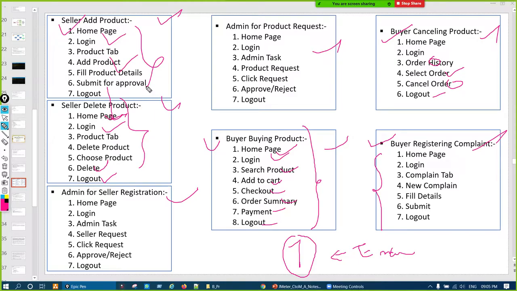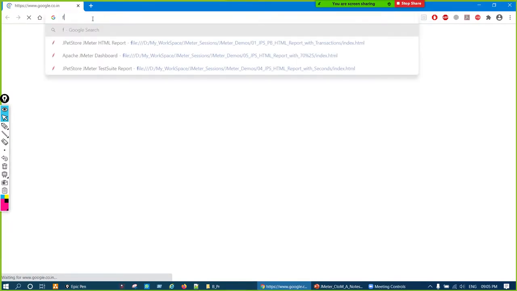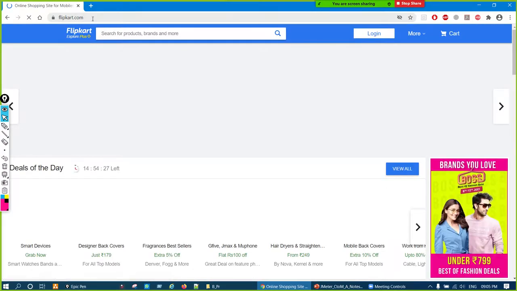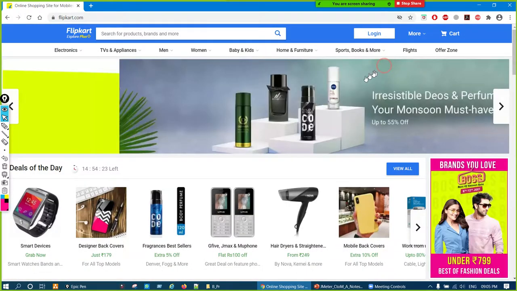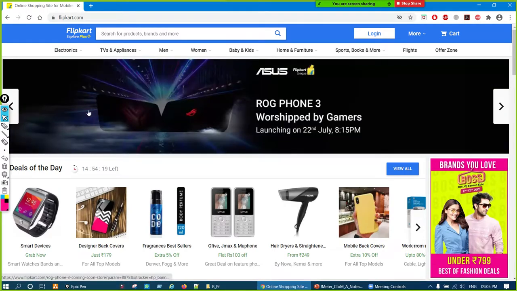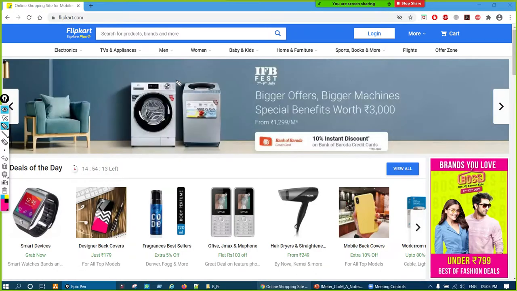Now in real time, let us say we have Flipkart here. Suppose a simple test scenario on Flipkart for a user who wants to buy something, right?